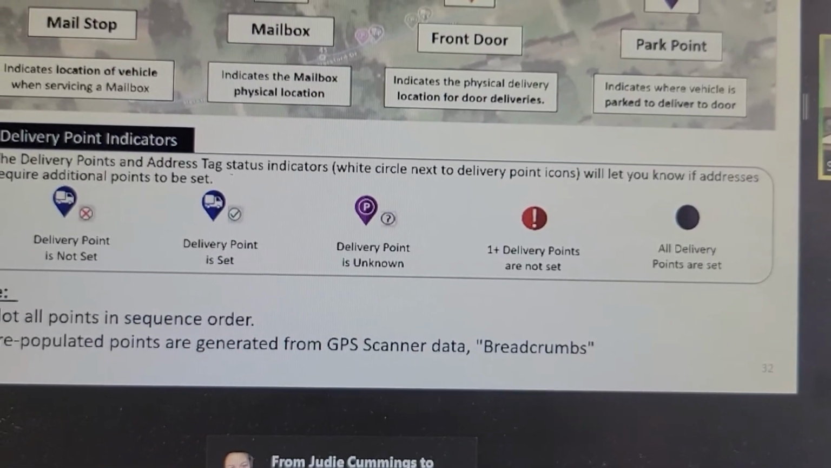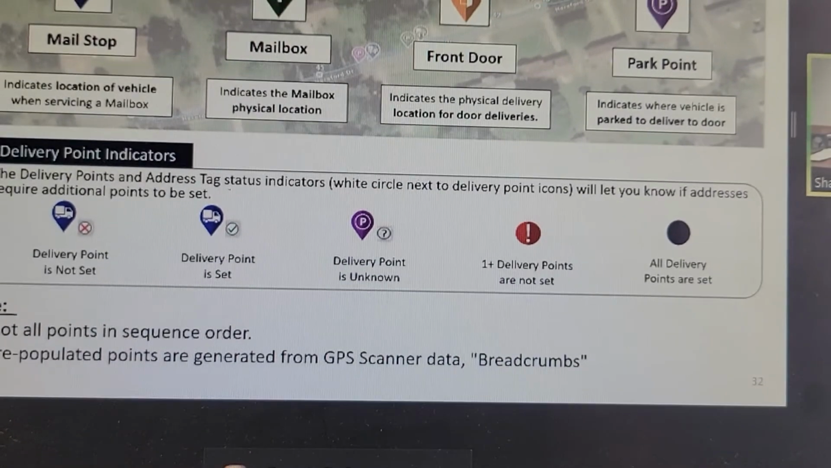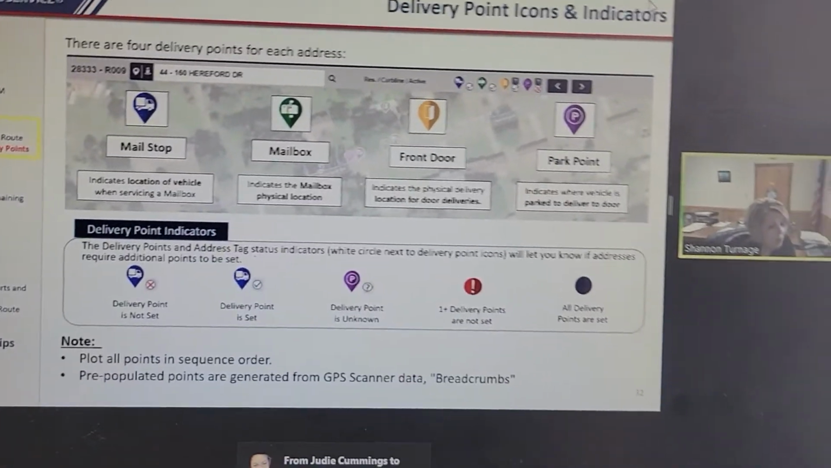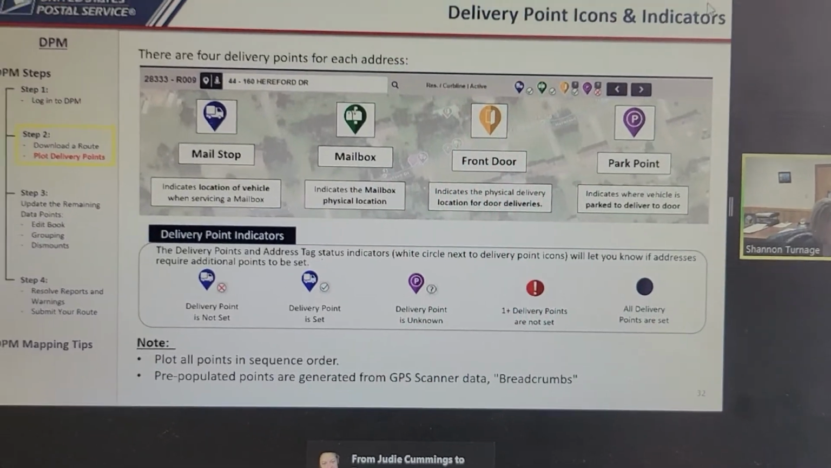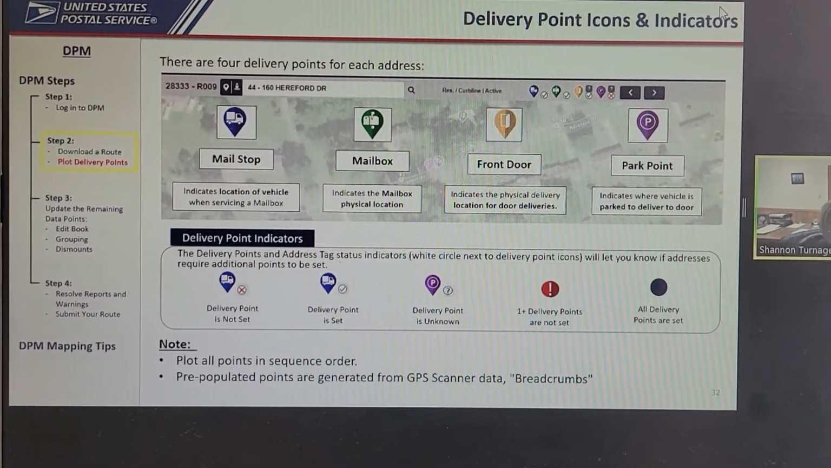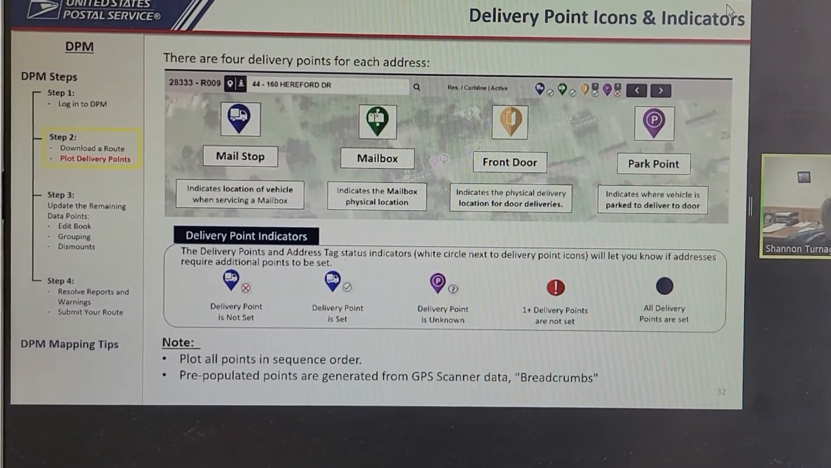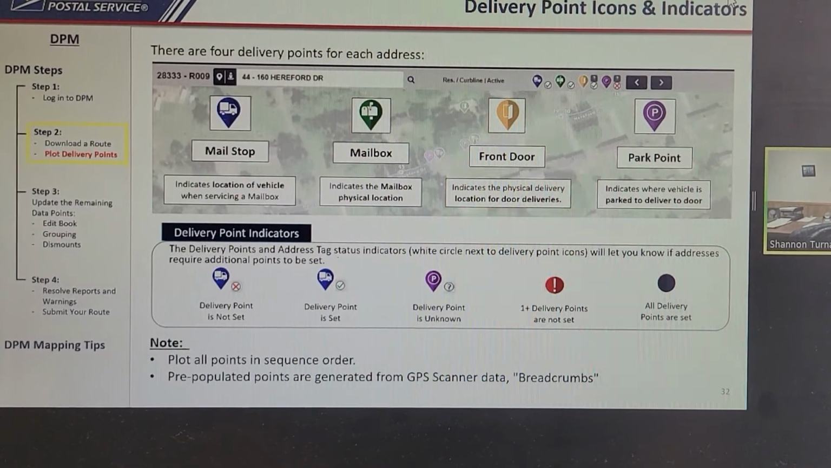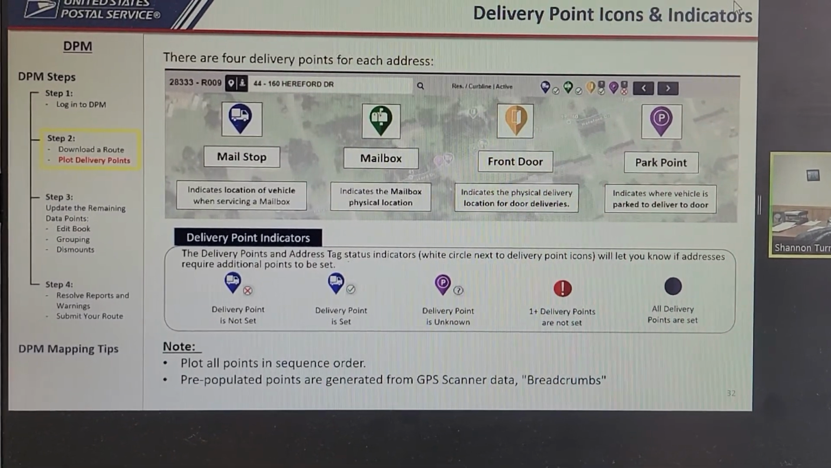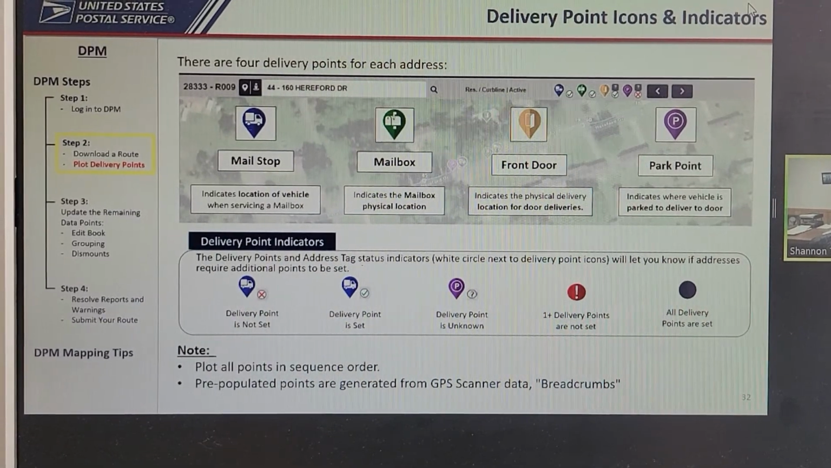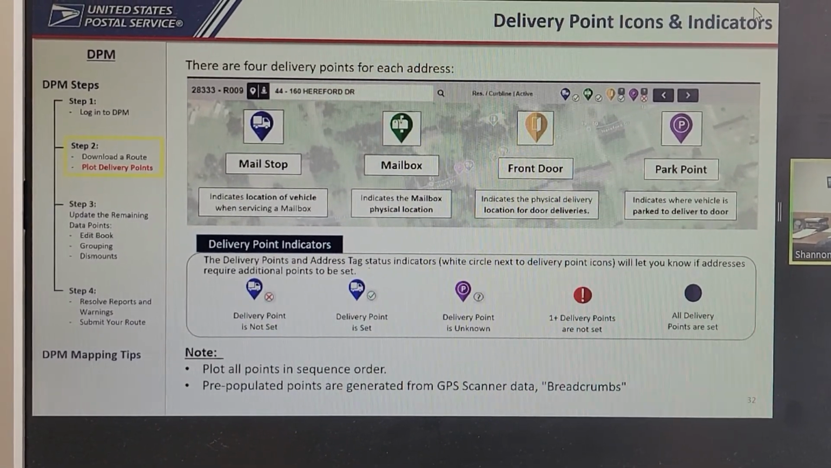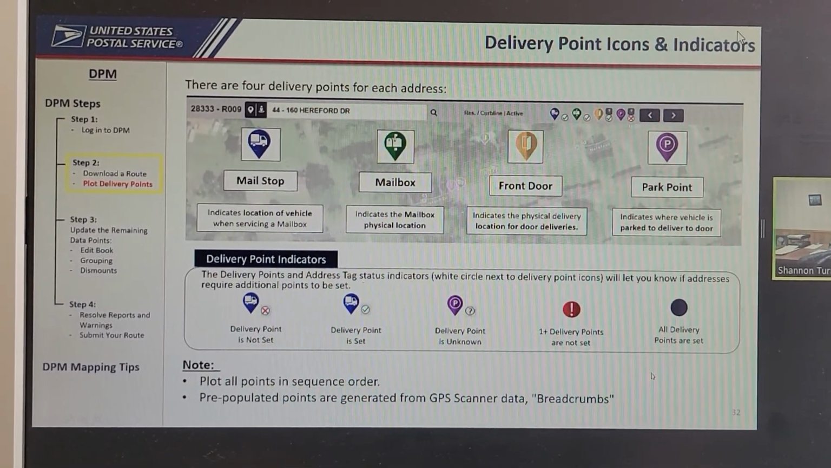Just because you're plotting those locations does not mean that we go to that door every single day. That's not why we have you plotting them. We have you plotting them so when the carrier does have to go to the door and he scans that he delivered a package to the door, that we can properly compensate them for that. So just wanted to clear that up. Now, when you start plotting your points, you must plot them